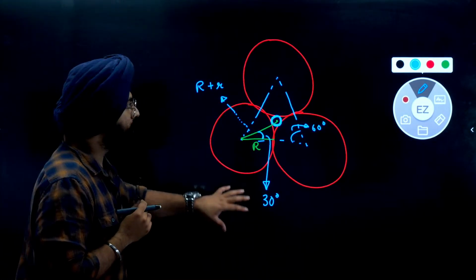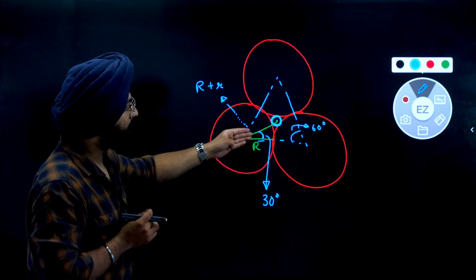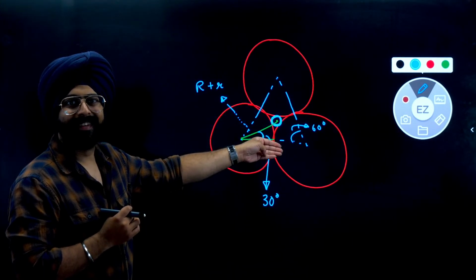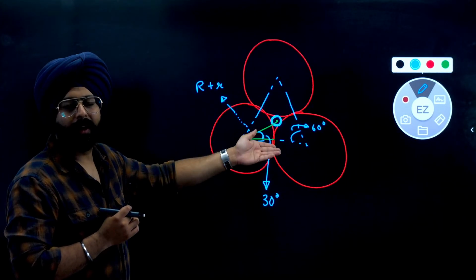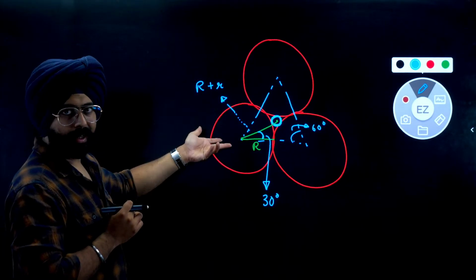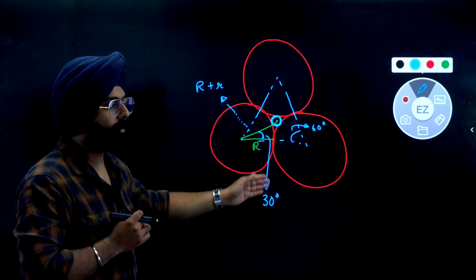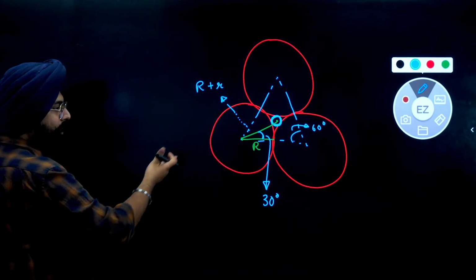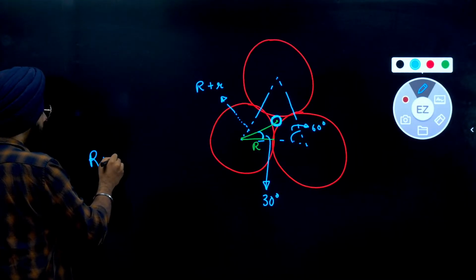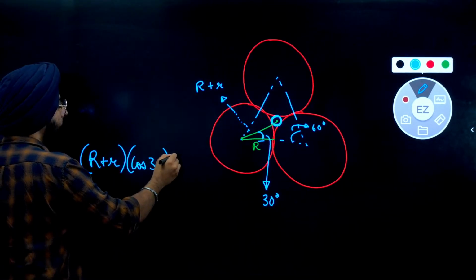Now, can I write a relationship between R plus r and R? This is the hypotenuse. This is what, the base or adjacent, depending on what angle you're looking at. But since we're looking at this angle, let's call it the adjacent. So I can write a cos theta relationship over here, isn't it? That R plus r into cos of 30 degrees will be equal to